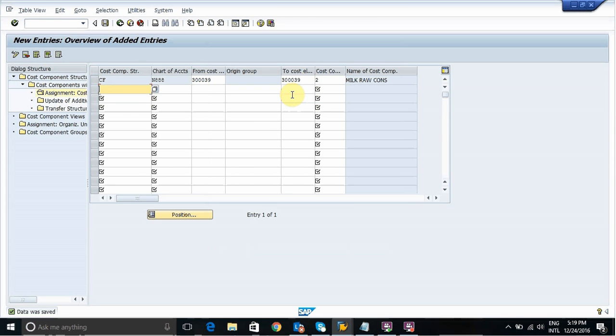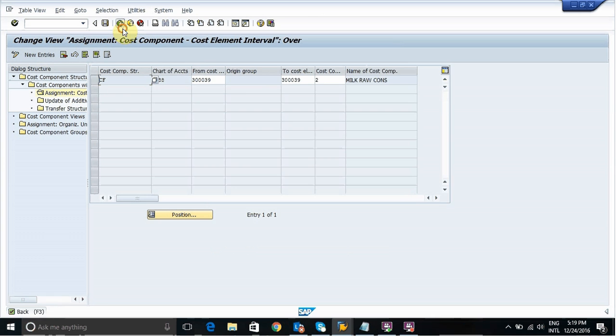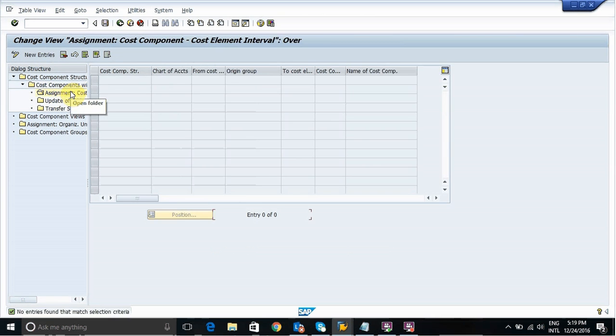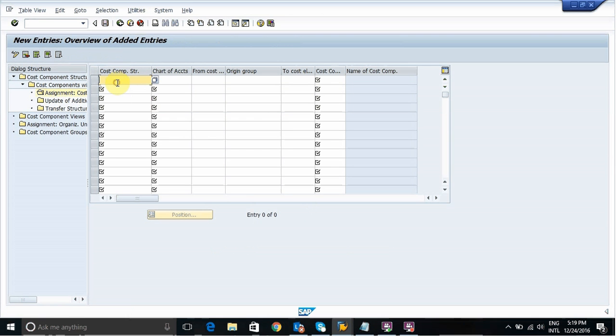Save it. Come back. Just I am showing example. So later on if you want, you can add more components and you can use the same process for adding those components and adding those cost elements to those components. Okay, CF